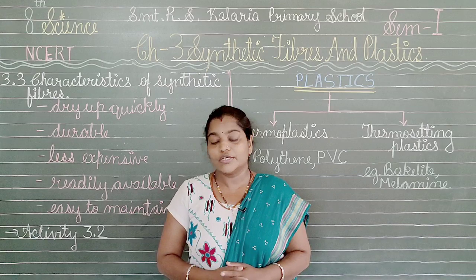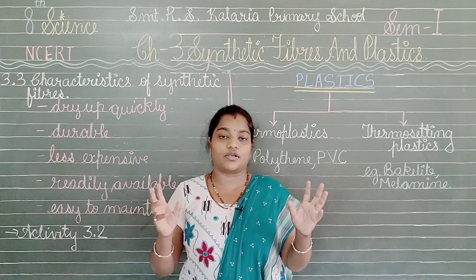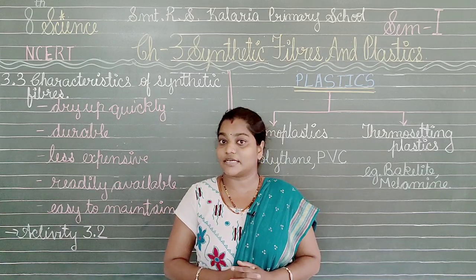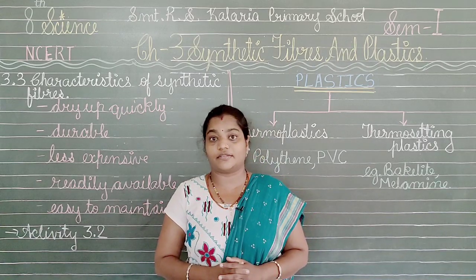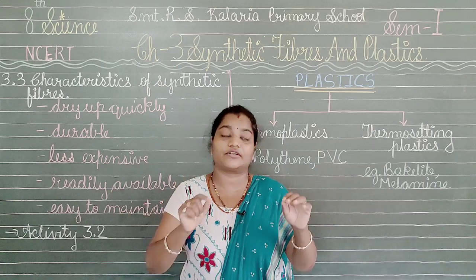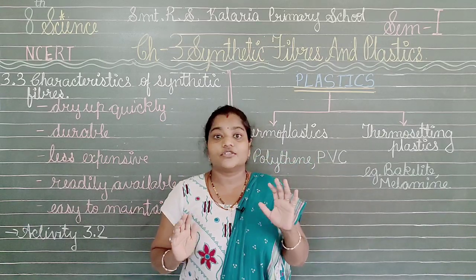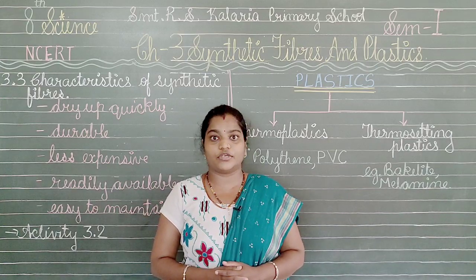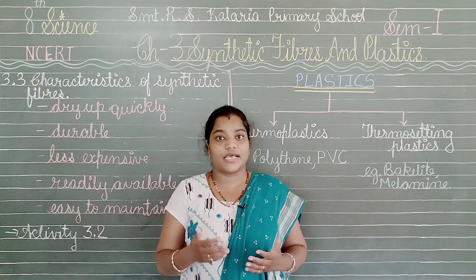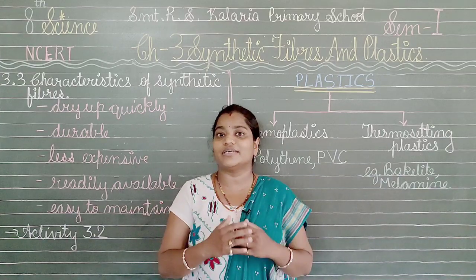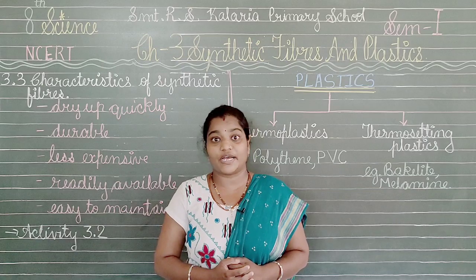Now, what you have to do? Soak both the pieces of the cloth in different tumblers. After 5 minutes, you can just take the clothes out of the tumbler, but don't rinse it, just dry it in the sunlight. So after few minutes, you will find that one of the cloth will be drying up faster as compared to the other one. So by this you have to conclude the experiment, that what did you find?